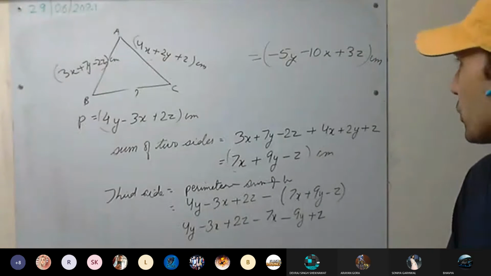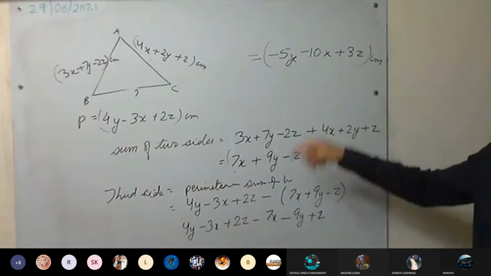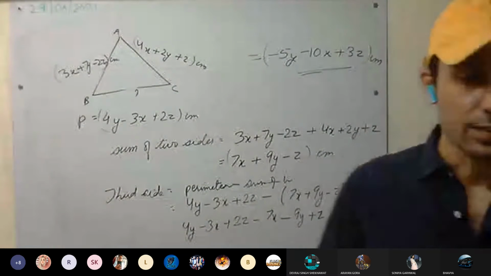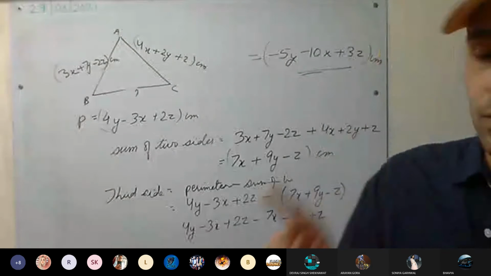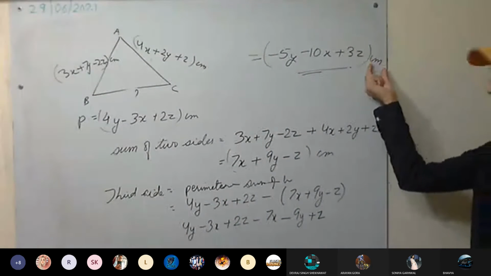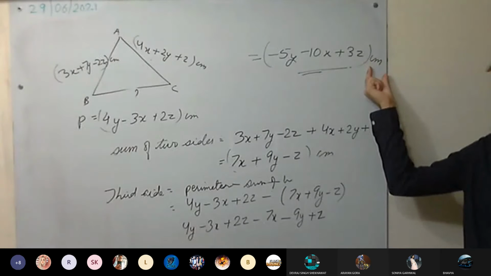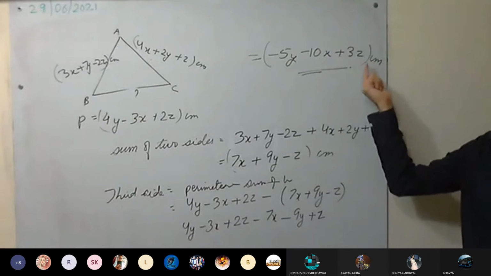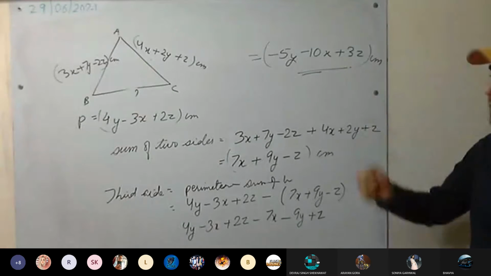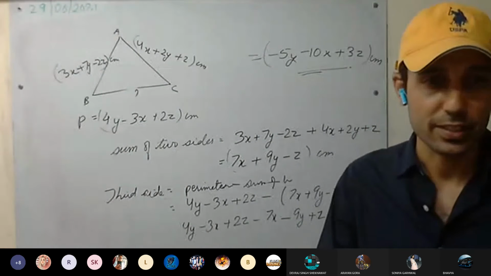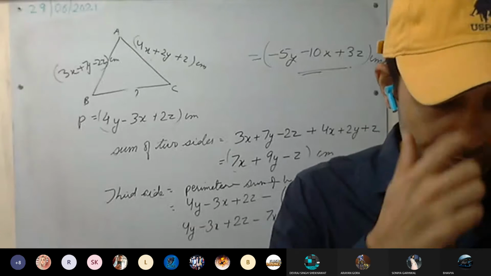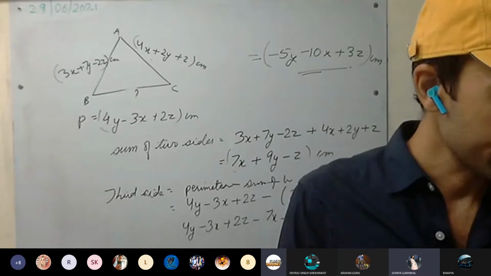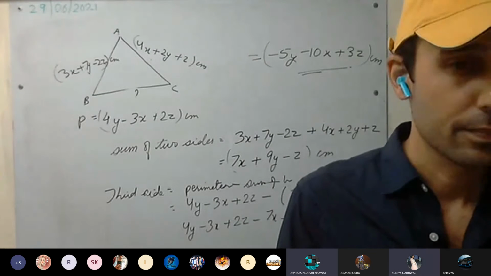One check, have you got the same answer? This is the answer. So at last you have to write as well: the length of the third side of the triangle equals this much. Don't forget the unit, okay? Centimeter. Or else the examiner will ask what this is. Is it apples or mangoes or bananas? It is centimeter, so don't forget the unit. Is this clear to all? Yes, sir. Does anyone have a doubt in this exercise? No, sir.